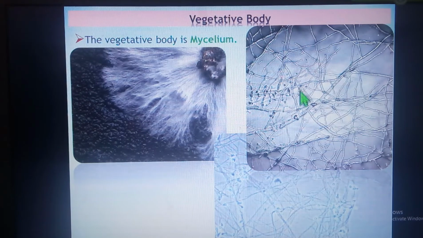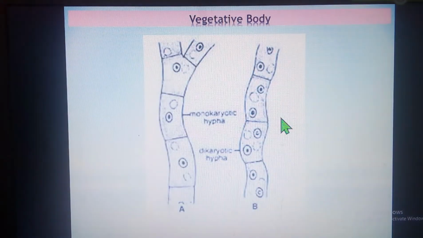This is the microscopic slide. Inside a microscope, we can see a network of these fine lines of hyphae. Okay, so a network of hyphae is known as a mycelium, which is a vegetative body. The single fine filaments here are known as the hyphae. So a mycelium is a network of hyphae. Now, if you enlarge, this is the enlarged picture of a single hypha.